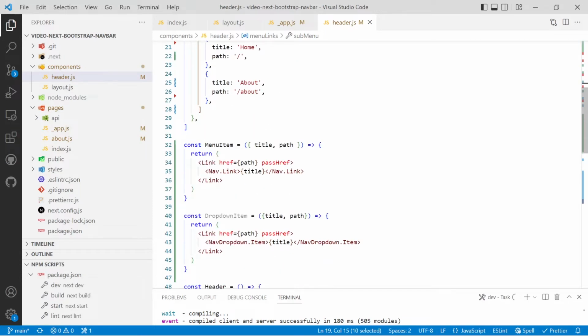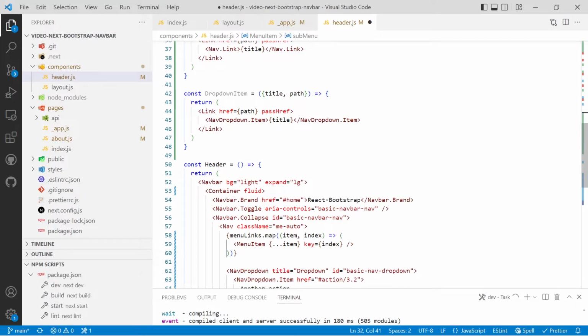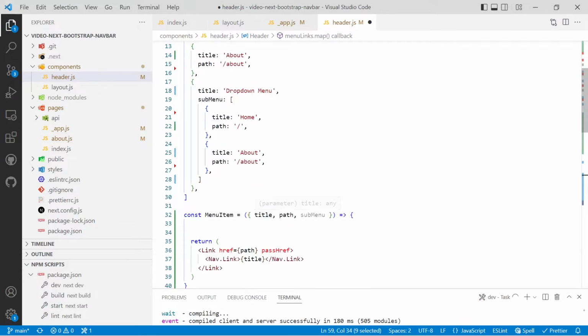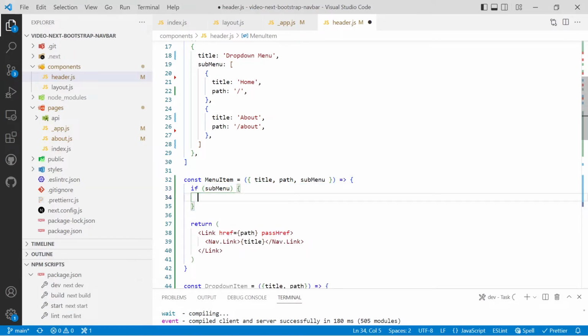So what we'll do in our menu item, above where it's returning, and we won't just check for title and path, we'll also be pulling in a submenu, and that happens automatically because we're using the spread operator on item, so everything is passed through. So up above our return, we'll do an if submenu is true, that is if it exists, if there's data there, put in some curly braces, and we'll do a return,